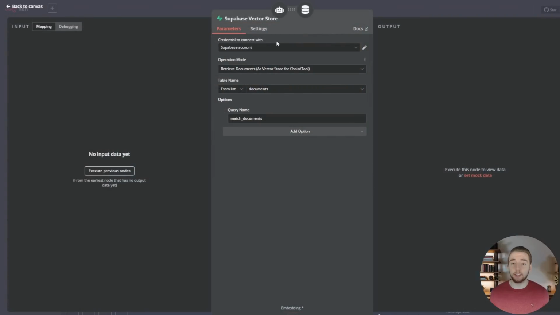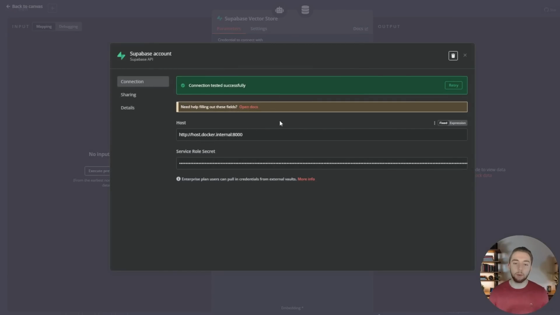And then when you connect, let me just show this, there's a slightly different setup when you connect with the Supabase vector store versus actually connecting with the Postgres node. The host, this took a little bit of time for me to figure out. So I hope that I save you a headache with this. You can't actually say DB right here. For some reason, this doesn't work. If you say DB for the host name here, you have to actually say